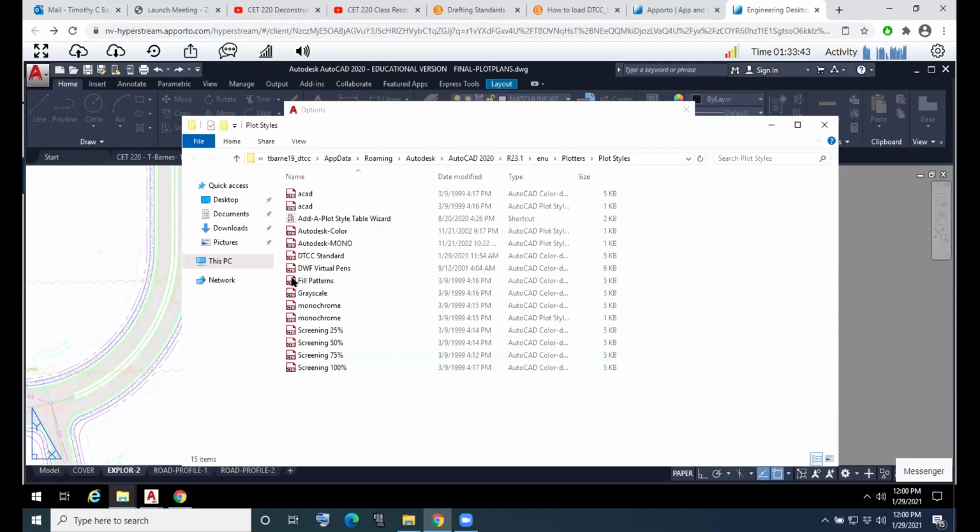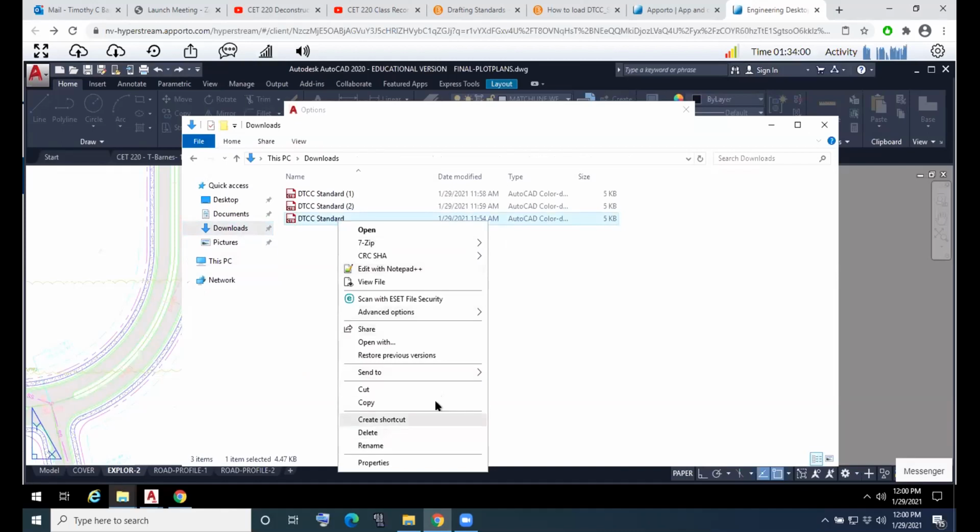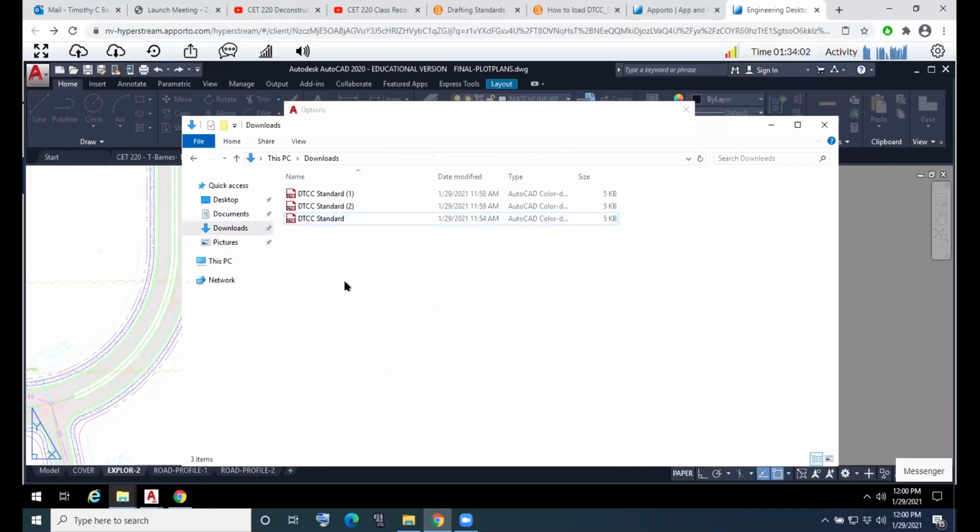However, it doesn't normally have the DTCC standard. Okay, so now we're going to go back. From here, I just click downloads because it pulls up everything that I've downloaded. I can highlight this, copy it, and then after it's copied, it's hard to find the trail of where you were